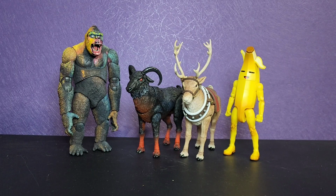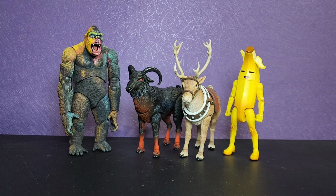So for the size comparisons, again, all the reindeers are exactly the same size. I wanted to throw Black Phillip in there too. I do wish he was smaller, I guess, but that's not what they were going for, so I will not hold that against Fresh Monkey Fiction at all. I'm the weirdo who wanted the Black Phillip action figure, but